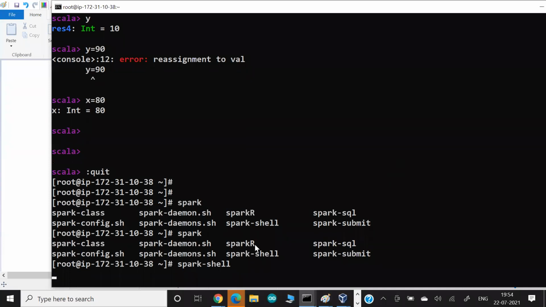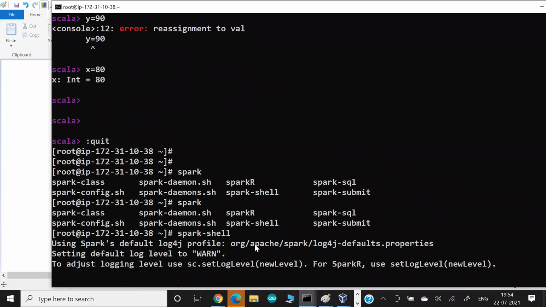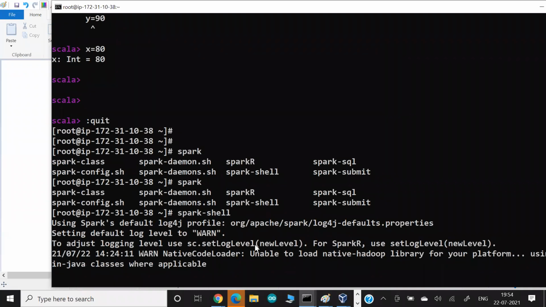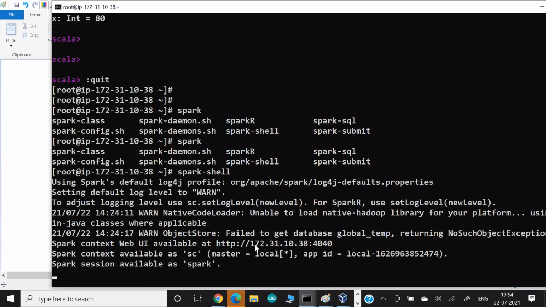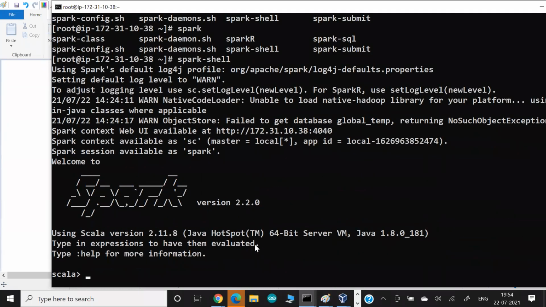Again, it will connect to your cluster, by default your local cluster, and after connecting, it will provide you a Scala prompt. Whatever you know about Scala, you can apply here.